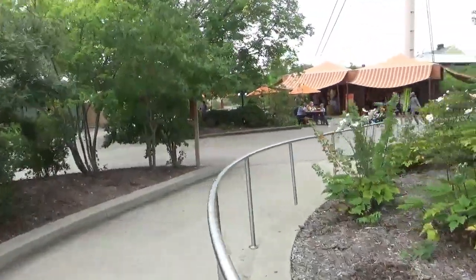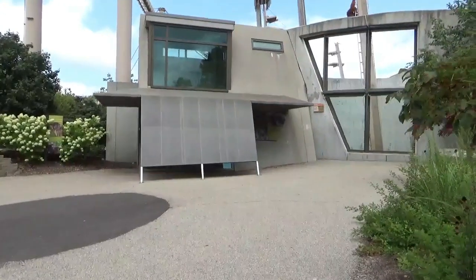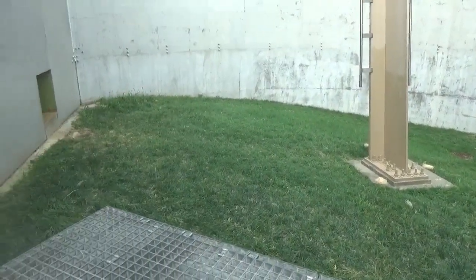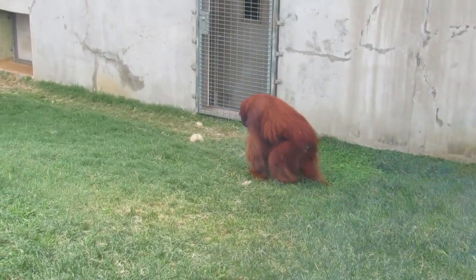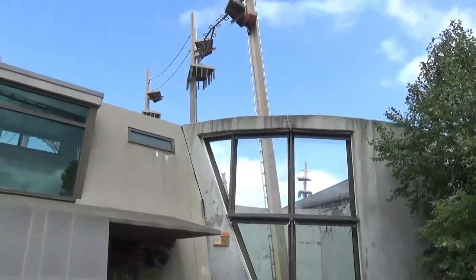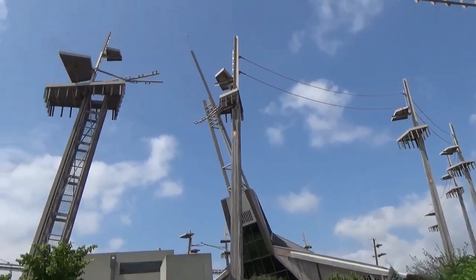As you move down the ramp and around to the right, you're brought to one of the 2 outdoor yards, known as the West Oasis. A simple, round, grassy yard doesn't seem ideal for a rainforest-dwelling ape, but I assume the simple design is to encourage the orangutans to spend more time climbing atop the Hutan Trail, the most spectacular element of the entire complex,